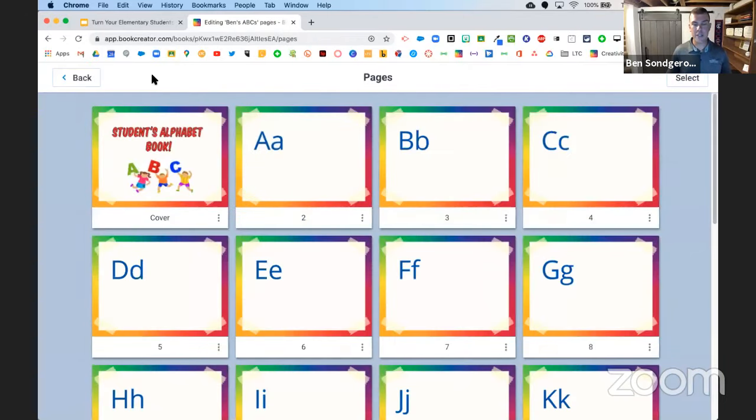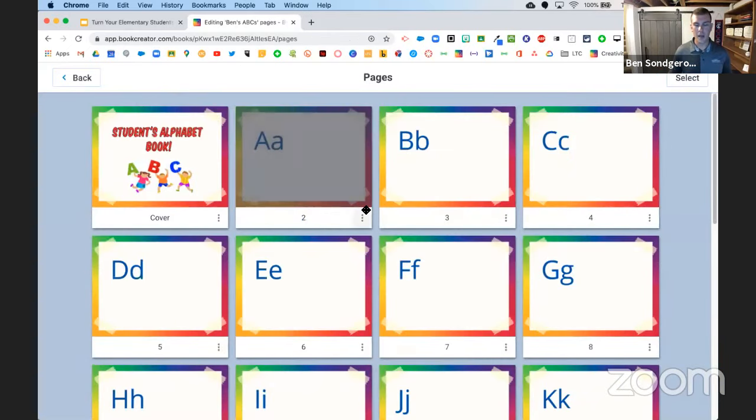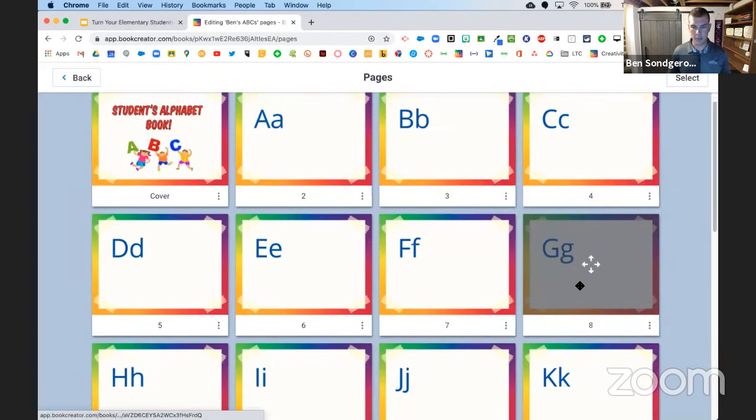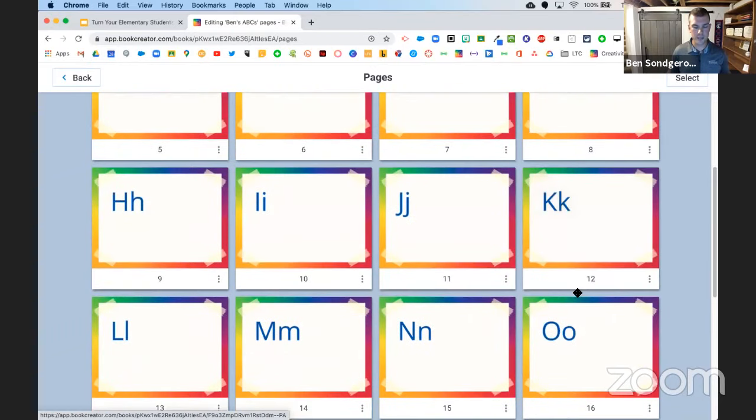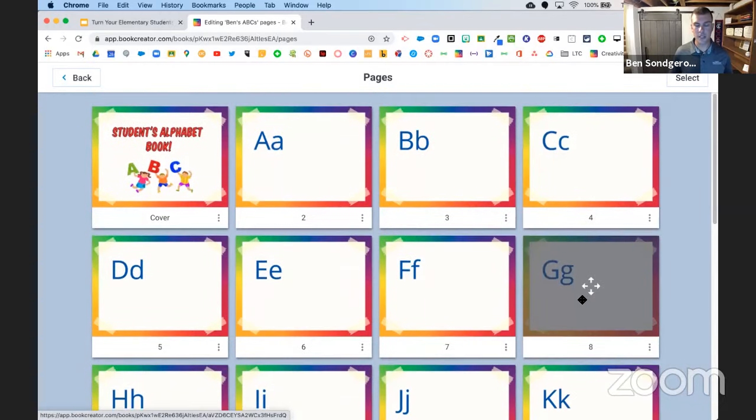If I go to the Pages tab, I did that kind of fast. Up here in the top left-hand corner, you have the Pages button. That's going to give you this outline of your entire book. So you can see all the different pages that you have in the book. So you can see I put in all of the letters of the alphabet. This is something that you could pre-make, or even maybe depending on where your students are at, have them do